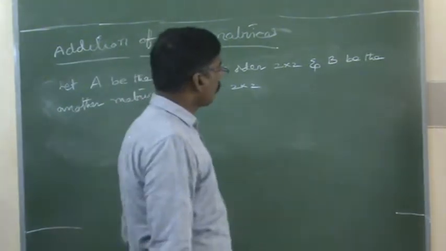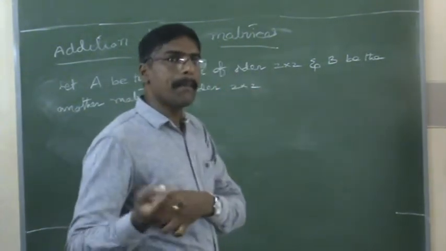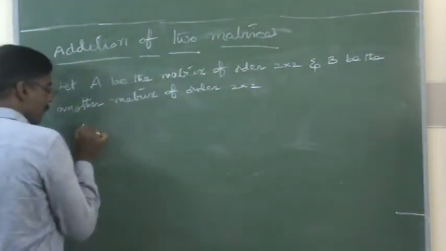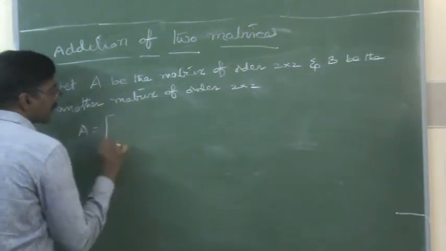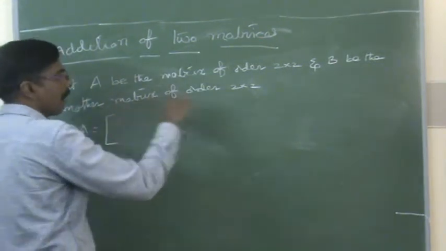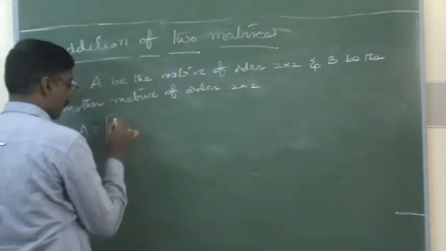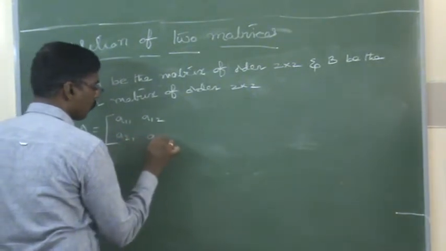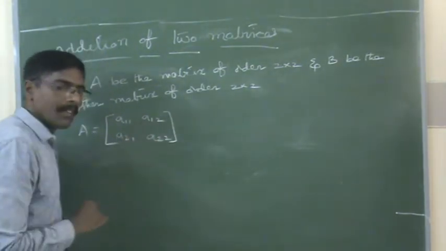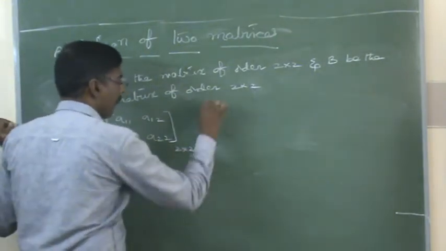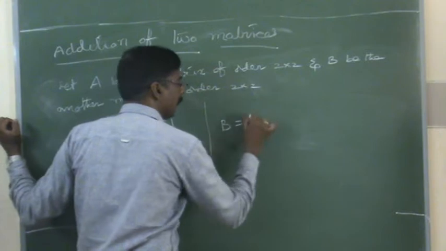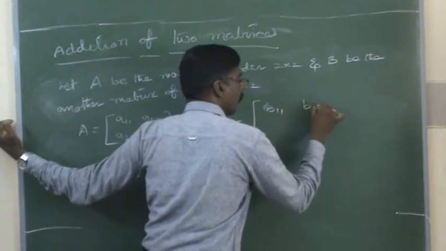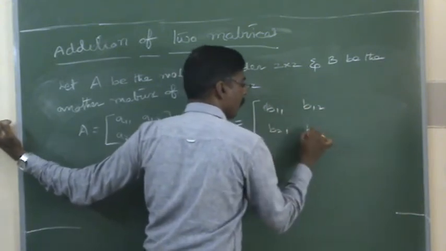So like this we take the matrices with their place values. Suppose capital A is a 2 by 2 matrix, which means 2 rows and 2 columns. A11, A12, A21, A22 are the place values. This is one example, and the order is 2 cross 2. Then one more matrix, matrix B, order 2 by 2, with B11, B12, B21, B22.